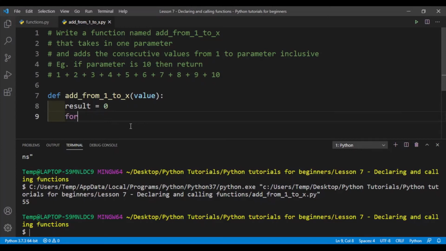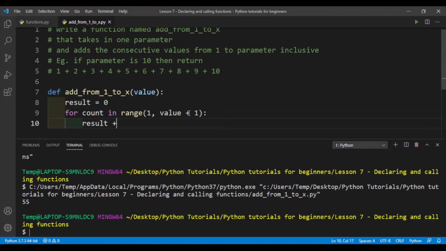Then let's make a for loop for count in range, and then we have to start from 1, and then we have to go all the way to value and including value itself. So over here I have 10, and it also needs to add 10, right? So what you need to do is that you need to type in value plus 1, because if you type in only value and if value is 10, it will go all the way up to but not including 10 itself, so it will only stop at 9, which is not what we want. We need to reach all the way until 10. So plus 1,